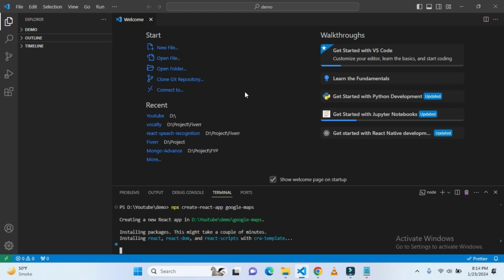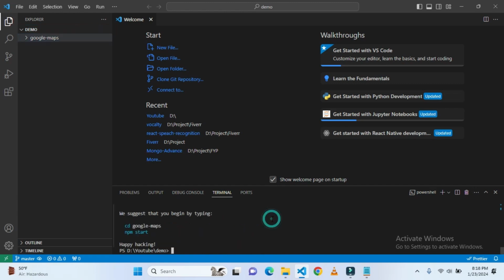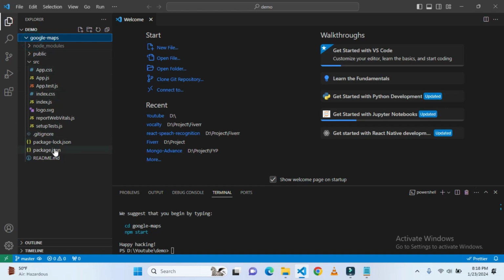So it has started, and here I can see the folder Google Maps. It is now creating the project. This will take a couple of minutes, so I'm gonna have to skip the video. So here we are, our project is created successfully, and now we can see all those files here,